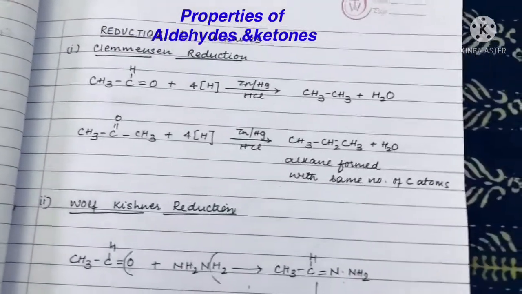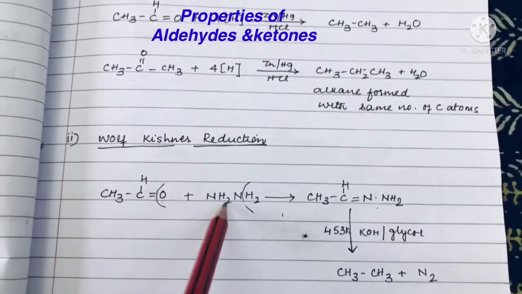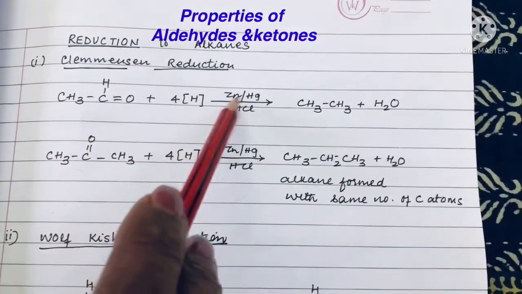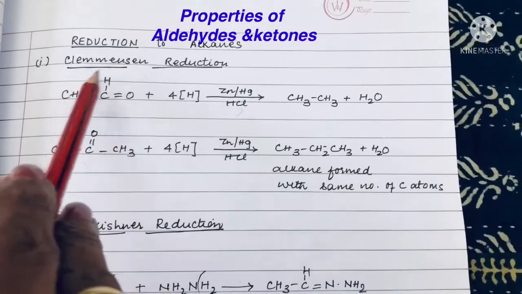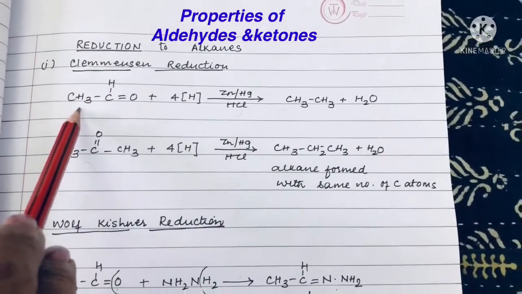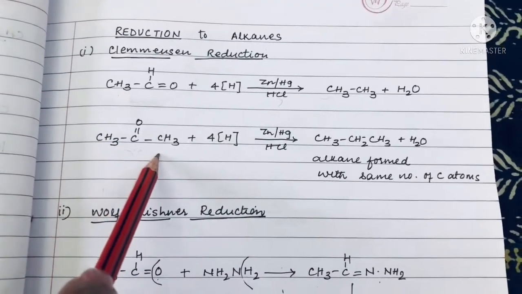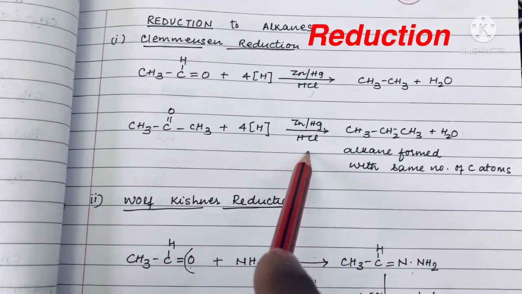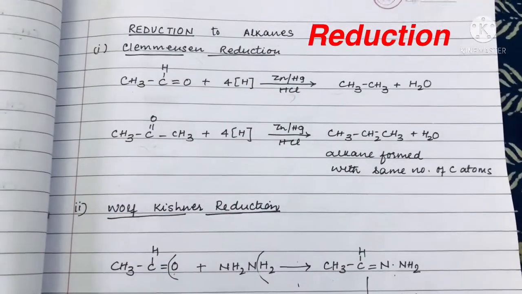We had done a reduction reaction in which we had used Wolff-Kishner reduction. Aldehydes react with hydrazine. Now see another reduction in which, directly in presence of zinc amalgam and HCl, the molecule changes into an alkane. This is an alkane containing the same number of carbon atoms as we had taken earlier. Similarly, if I take acetone which contains 3 carbon atoms, I'll get propane. So zinc amalgam in presence of HCl also gives alkane, and the name of the reaction is Clemmensen's reduction.